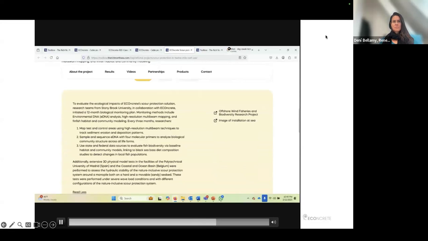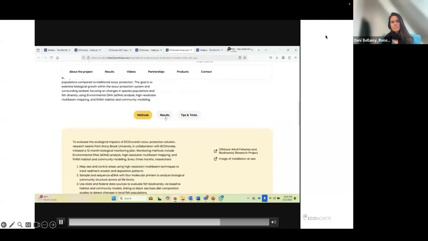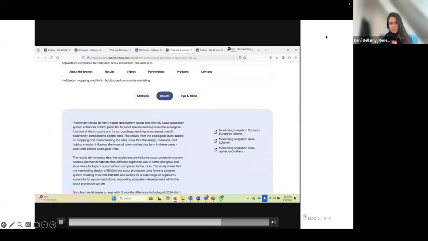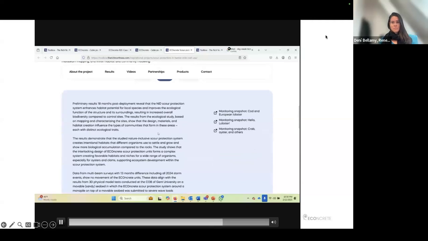We provide also details about, in parallel, the fact that we're conducting physical modeling tests to also validate the hydraulic stability of our nature-inclusive scour protection solution. We also provide details of the results. So we have obtained results from the initial biological monitoring